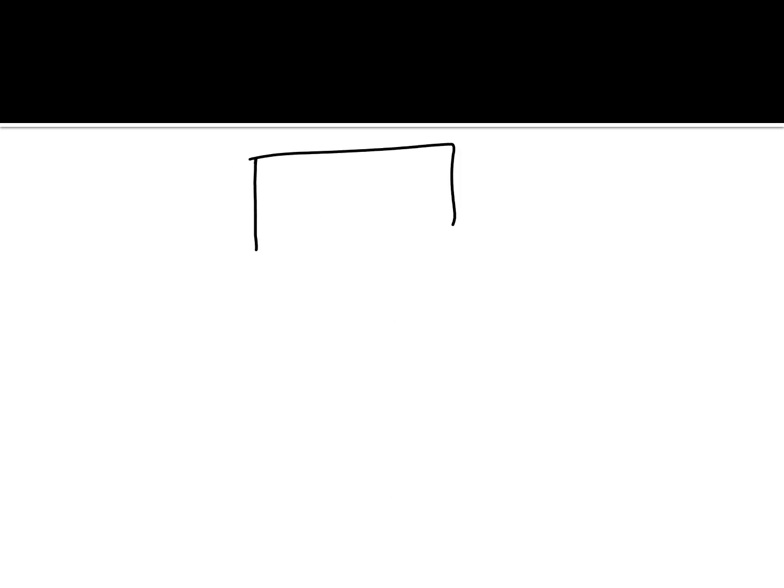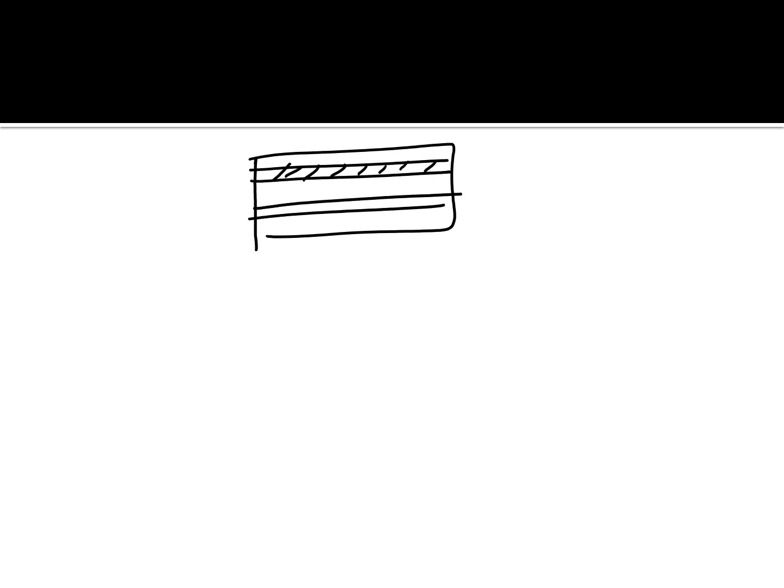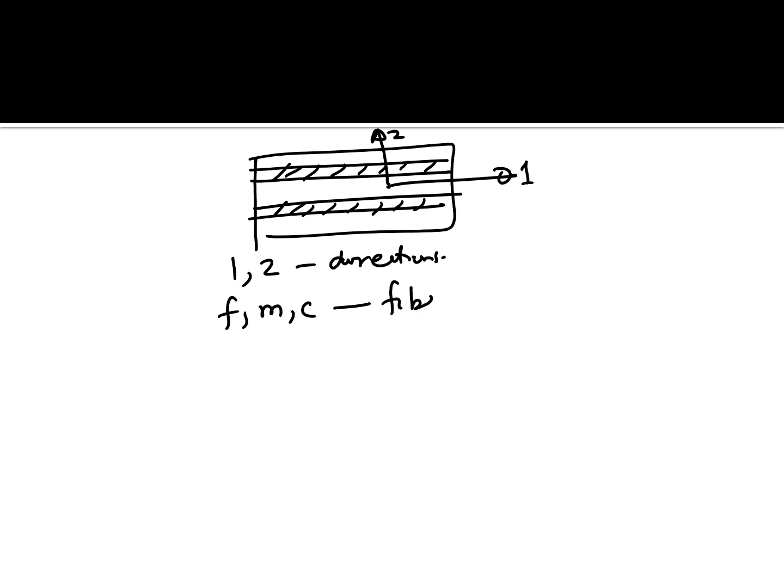Let's show the diagram again for the unidirectional lamina right here. So we have this unidirectional lamina. This is direction 1, this is direction 2. And then you have fiber, matrix, and composite. That's what F, M, and C will stand for. So this will be our notation. So the first thing which you have to recognize is, let's suppose this was a thickness T, so we're going to keep it there.